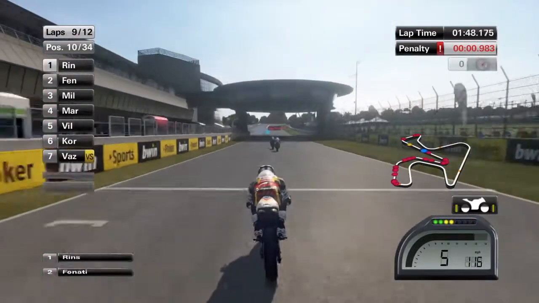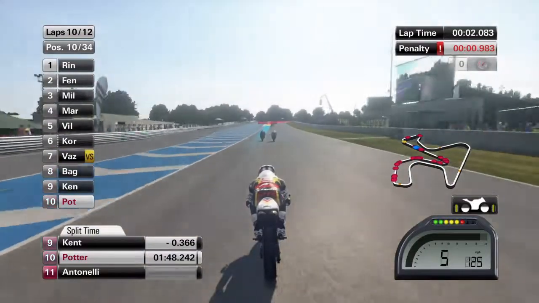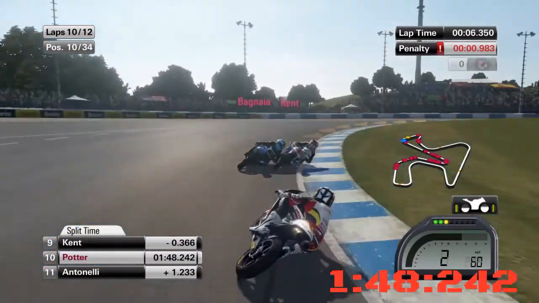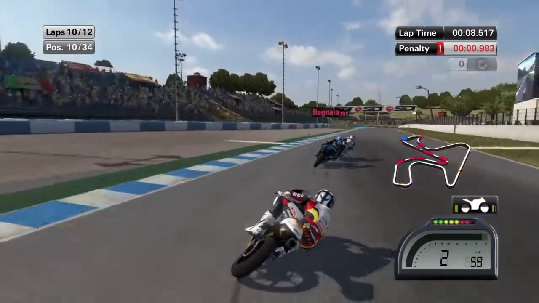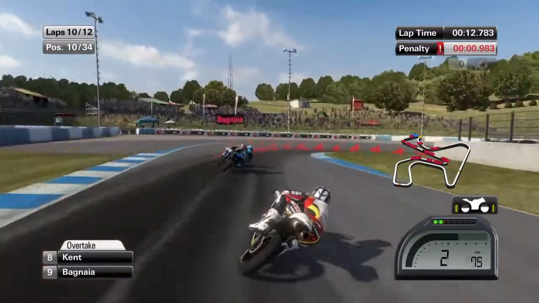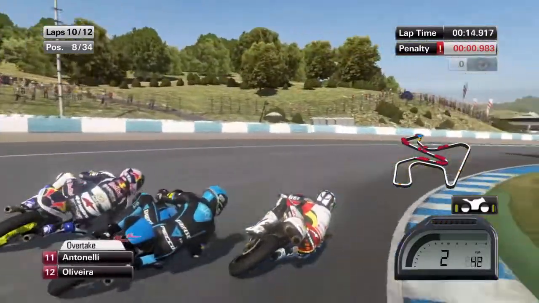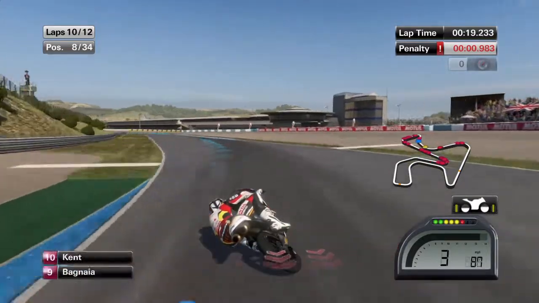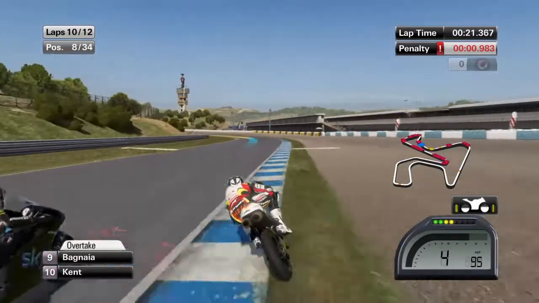But coming on to lap 10 now, and I'm 3 tenths behind Danny Kent and Fenati's teammate Bajanina, and that is why I do not pronounce his name. But I'm 1.2 seconds in front of Oliveira now, and I go down the inside of Fenati's teammate and get Danny Kent, as I did on Antonelli and